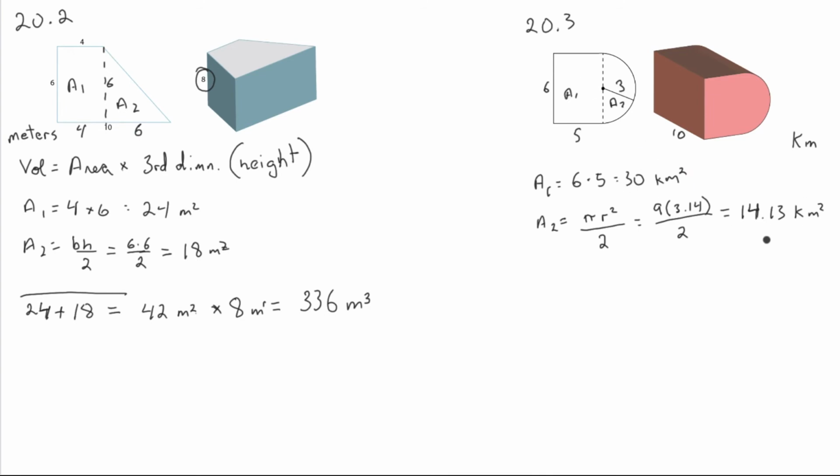We're going to add those together, and we're going to get 30 plus 14.13. So it's going to be 44.13 kilometers squared. Right, now to get the volume, all we do